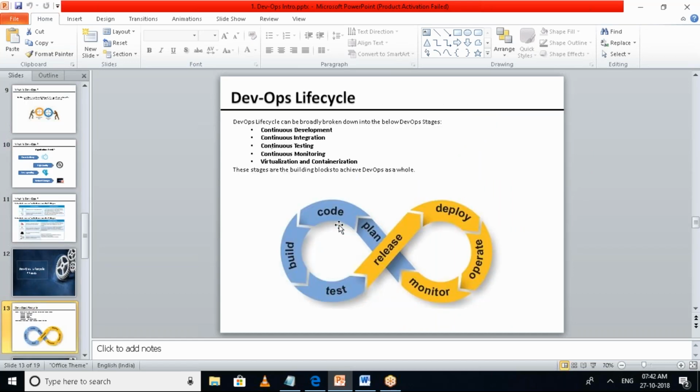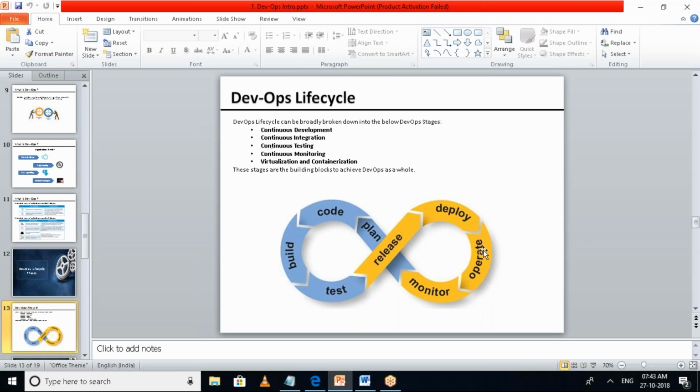If you see, this is agile, and the advancement to this agile model is what you see in yellow. Let's see what this is. Basically, when any project comes in, it is first planned, and then the developers do the coding. Once the coding is complete, it goes to the build. You build your code, and finally it goes to the testing team to test it. This is where the complete development and design team is involved. Then it is handed over to the operations team, isn't it?